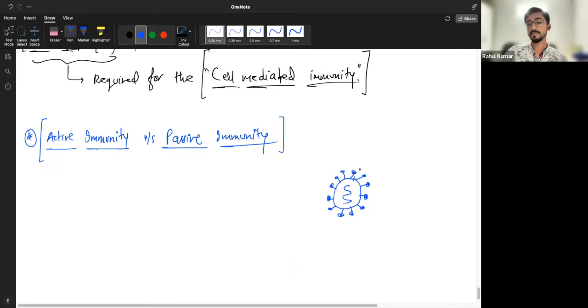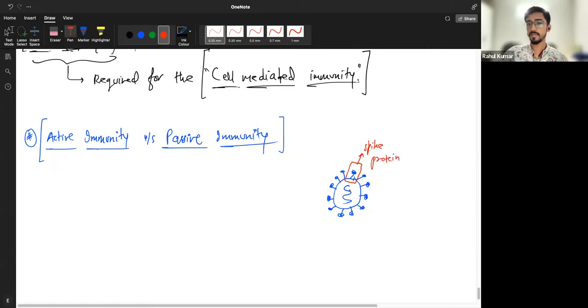If you heat-kill this pathogen and put this whole pathogen inside, we don't know how the body is going to react to it. So to identify and make a response against the pathogen, we just need any one component of the virus to show our body that this is a component you have to recognize, and whenever you see this component, just send antibodies, bind multiple antibodies with multiple of these viruses and control their infection. So what we do is we just take the gene for this spike protein.